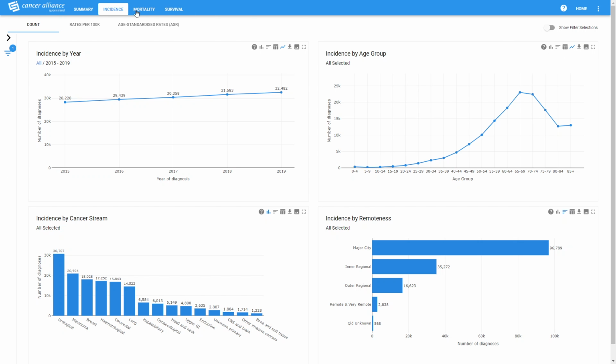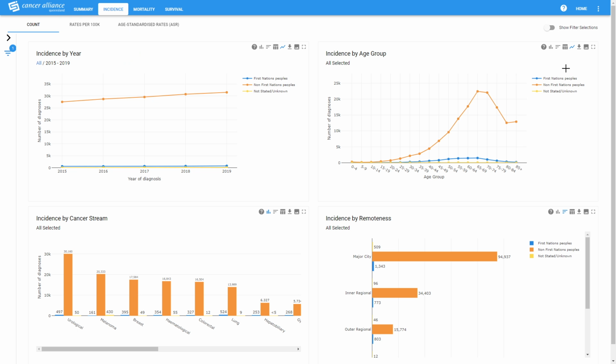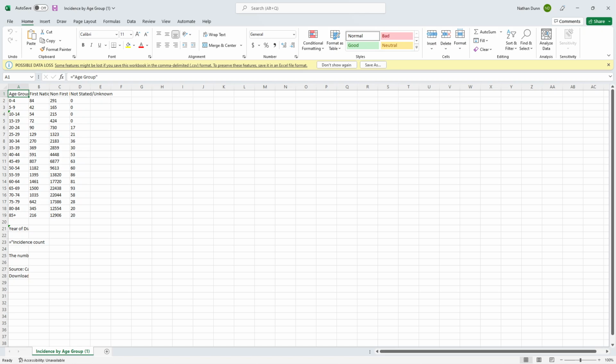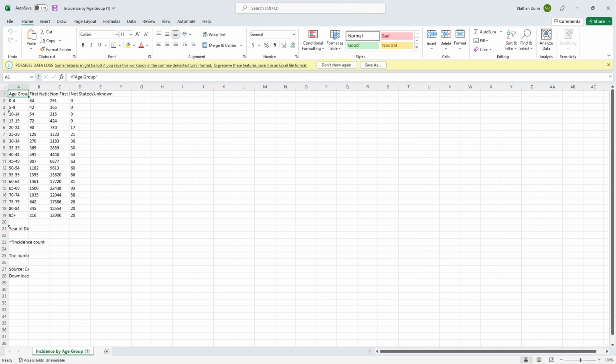When we go to download, let's have a look at doing it by, for example, First Nation status. We download the data that's behind it. There's a little download button here, download as a CSV. It will allow you to download the data and open it in Excel. And you can see here that we've got the